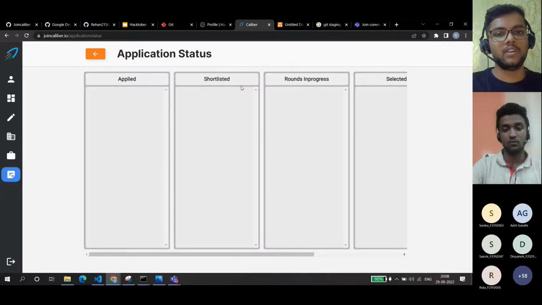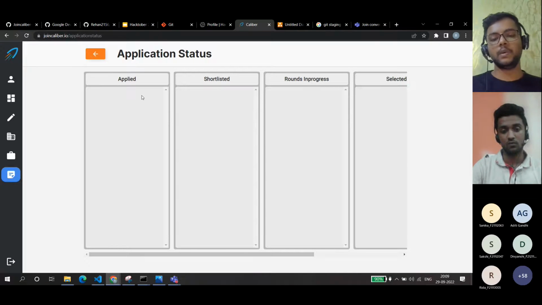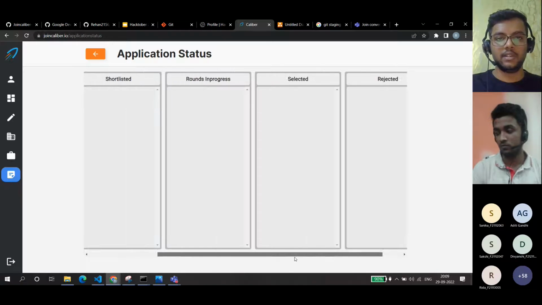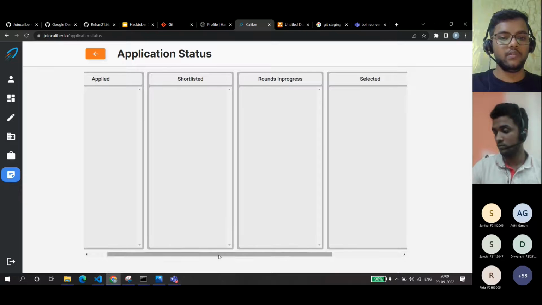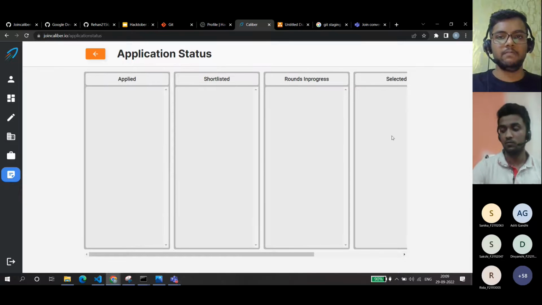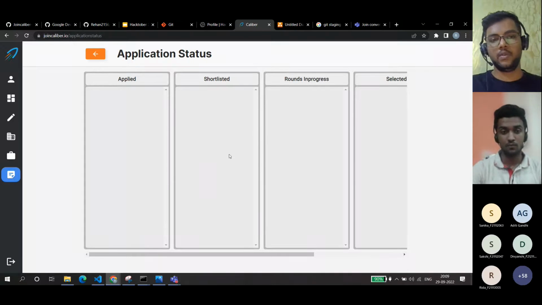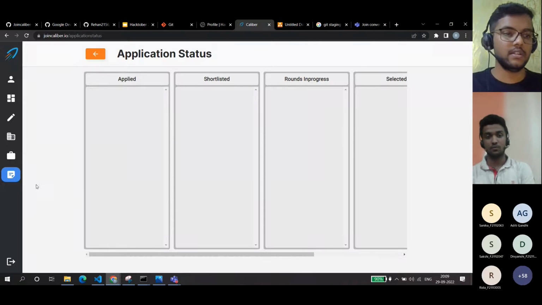And then you could track your application status, because once you're in the placement journey, you are not always sure which company you applied to, or sometimes you are interviewing with 2 or 3 companies at once. So here you could track where you are. You could put a card saying, hey, I've applied over here, I've got shortlisted over here. You could move cards. This is a customizable area where you could swipe between companies and where you are, so it becomes easier for you to manage.